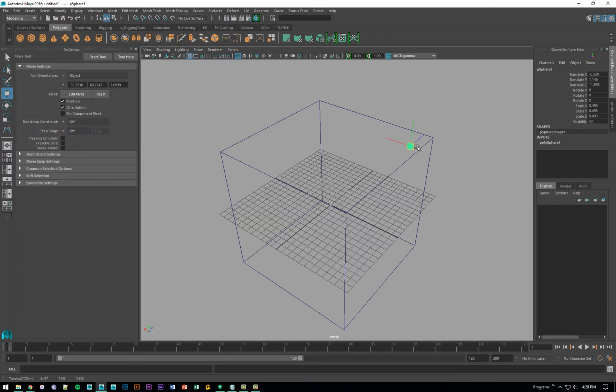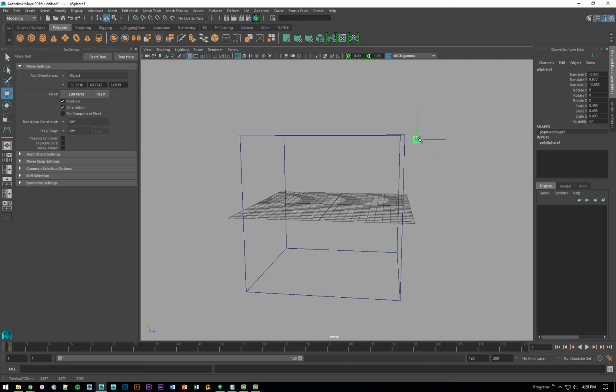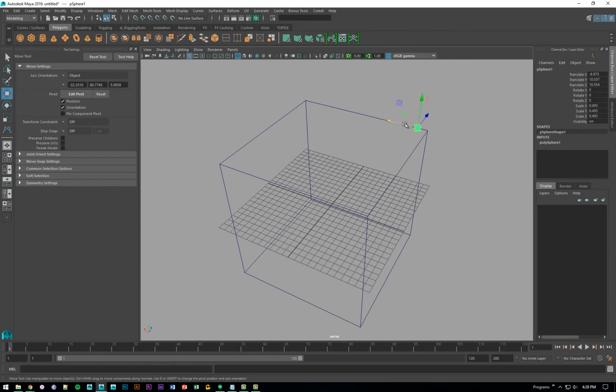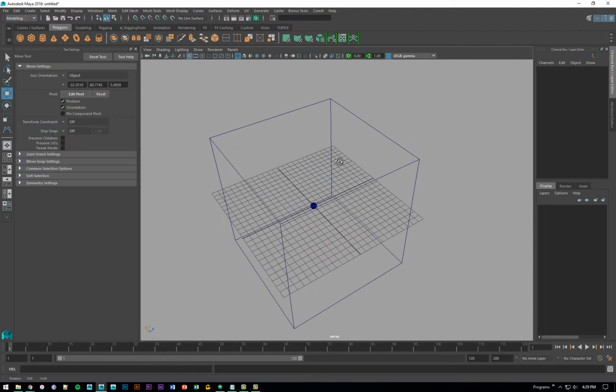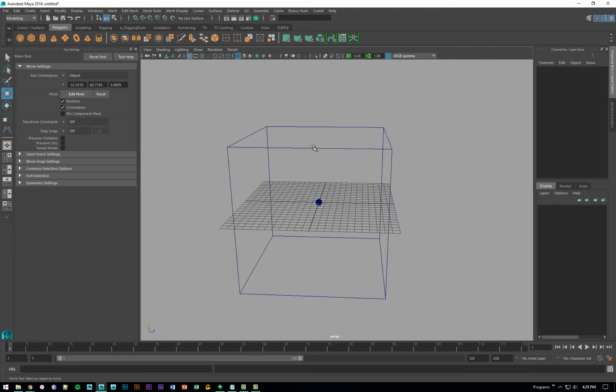Okay, so manually trying to get that sphere to that vertex is completely out of the question, because that does not help me at all. So I'm going to resort to a technique called V snapping. V snapping. All right. To make this happen, I'm going to select the object that I need to snap, and I'm